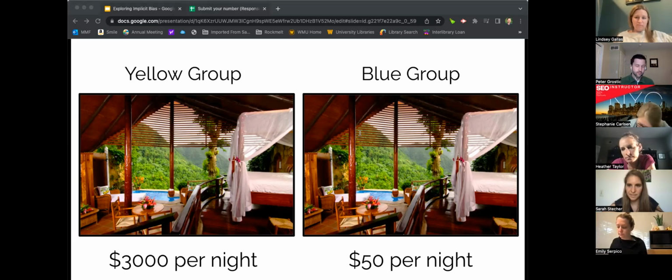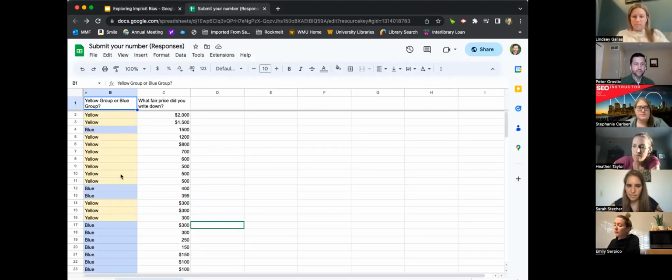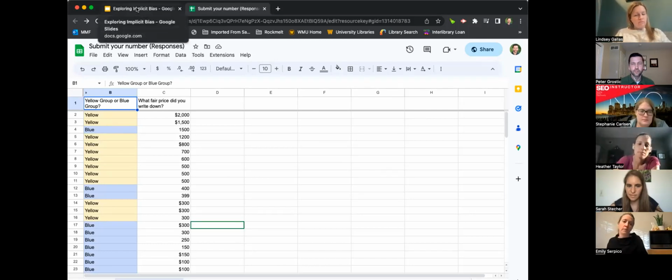What we'll discover in just a moment here is that implicit biases are based on our own experiences. In this case, we created this reference point for you based on the caption. And even though everything else was exactly the same, the picture and the questions, it created this bunching effect where all the yellows were generally together and all the blues were generally together.